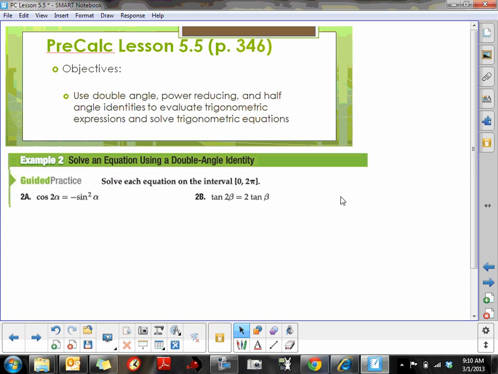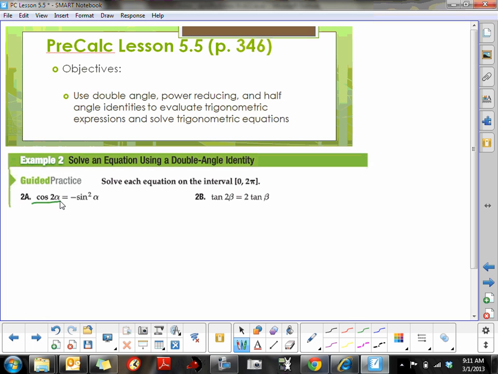Okay, still under the heading of using double angle identities to solve trig equations now. So we're going to apply the knowledge that we know about double angle identities and help us to solve them in trig equations. So the first one is the cosine of a double angle equals a negative sine squared of alpha. So we're going to use our double angle identity, and remember that the cosine of a double angle has